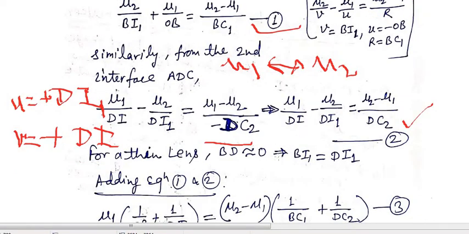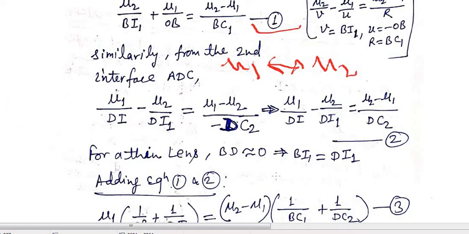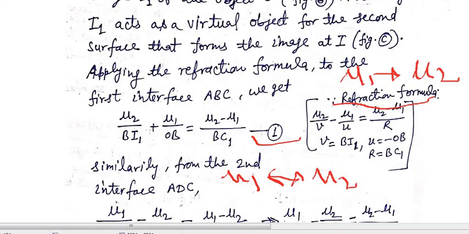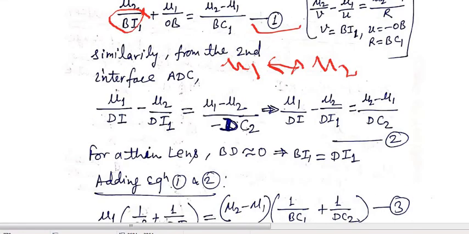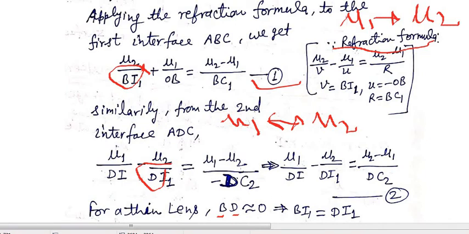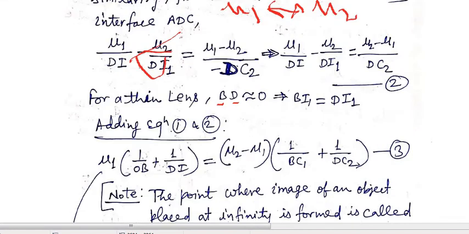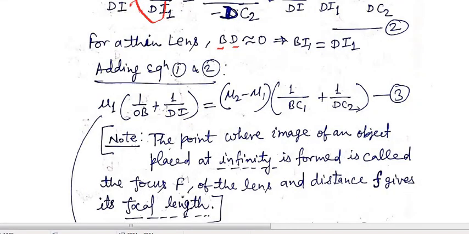Since here we have used the thin lens, for a thin lens Vd is equal to 0. Here we have considered Vd equal to 0, so we can say Vi1 and di1 both will be the same. As we have considered the thin lens, the distance of point I1 from B and from D will be the same. So we will now add equation number 1 and 2. After adding equation number 1 and 2, these two terms will get cancelled out. So adding equation number 1 and 2, we will get this relation.